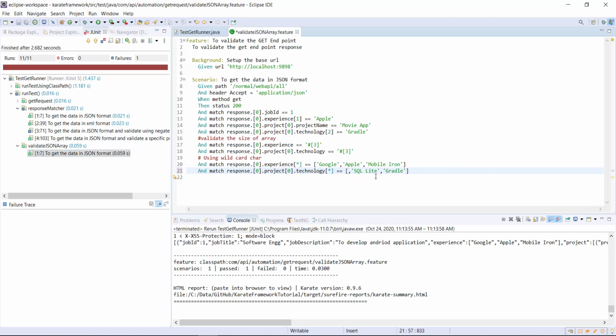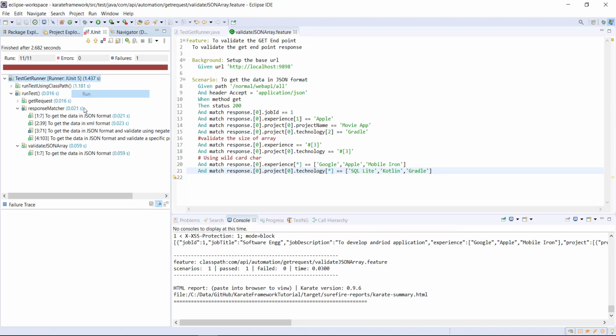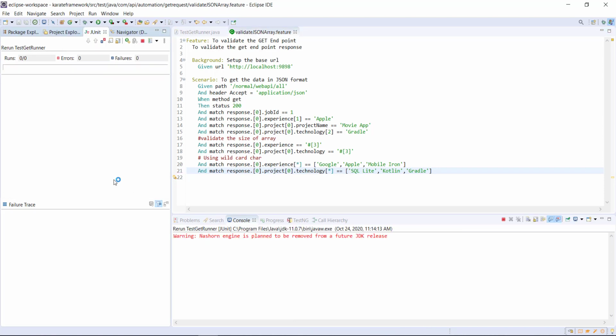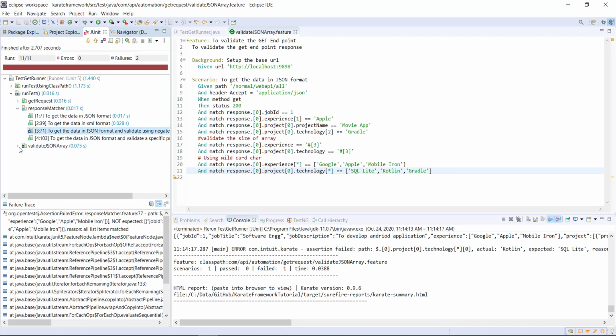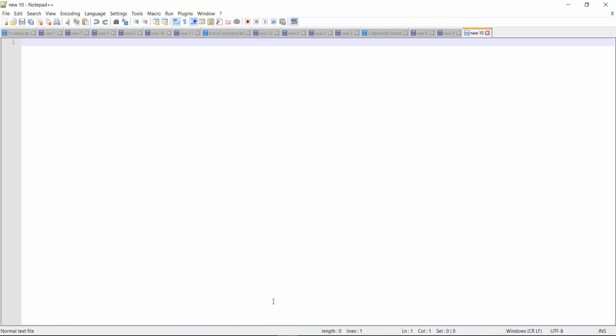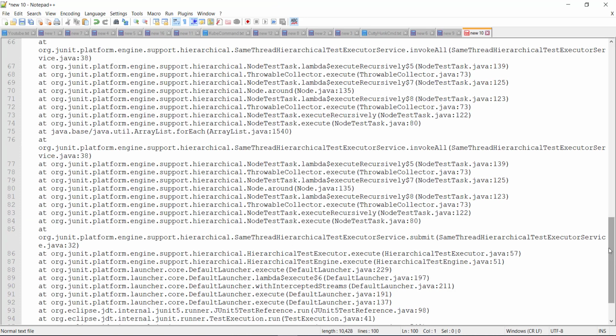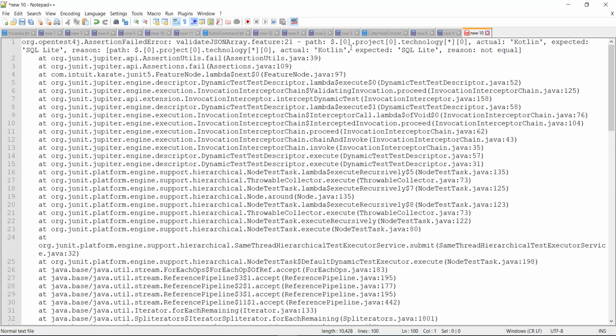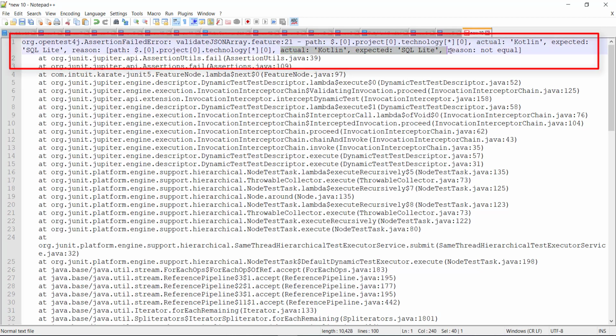So let's say if I shuffle the order, in this case also our test will fail. So you can see this is the error.